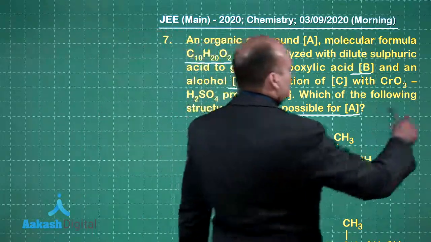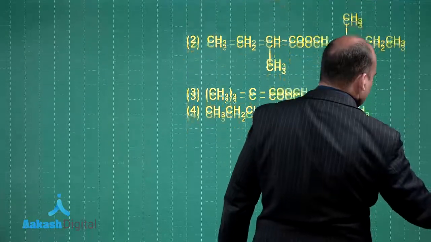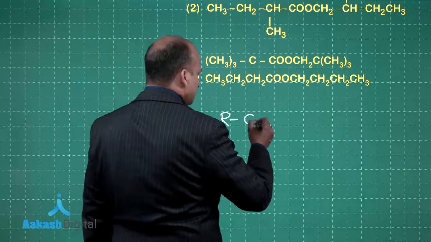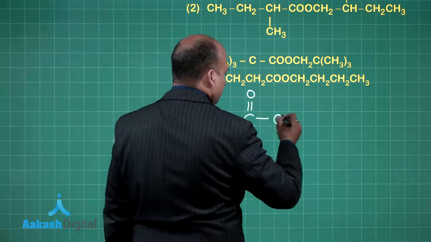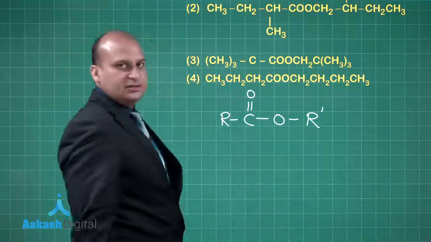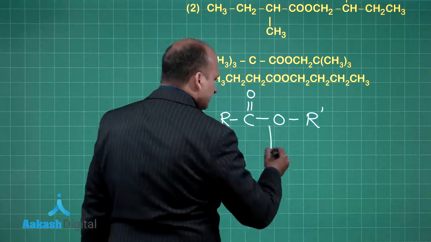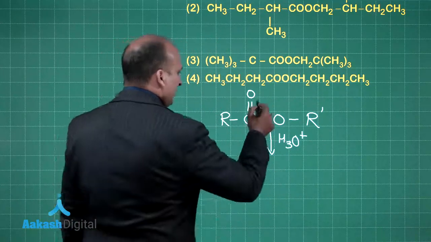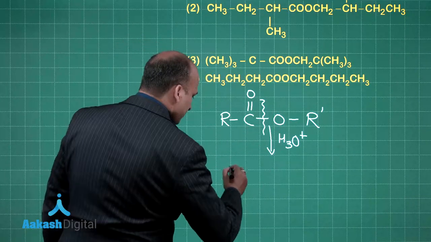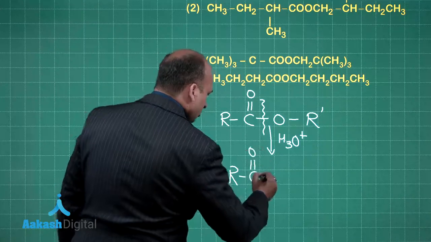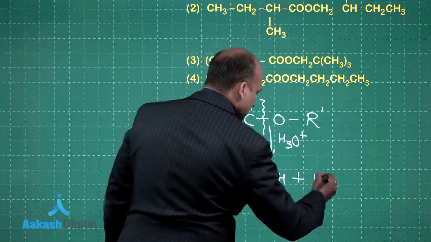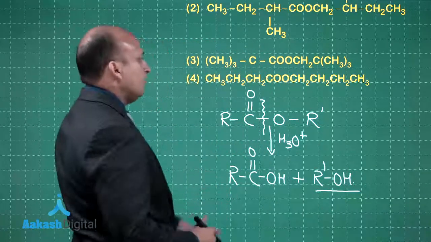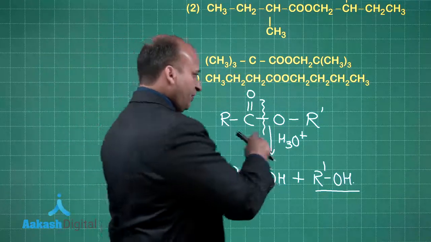Okay. Now see dear friends, over here what you need to remember, I am not going to the choices first, what you need to remember. Suppose this is the ester, right? When you hydrolyze it, what is going to happen? You are having this cleavage happening, you will be getting RCOOH plus R'OH. Okay, now this is the point. Now let us look at the choices which are given to us and apply this concept.